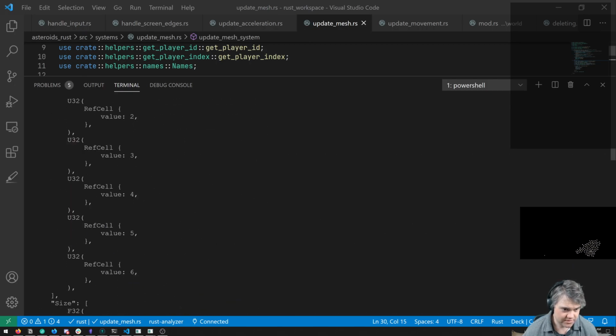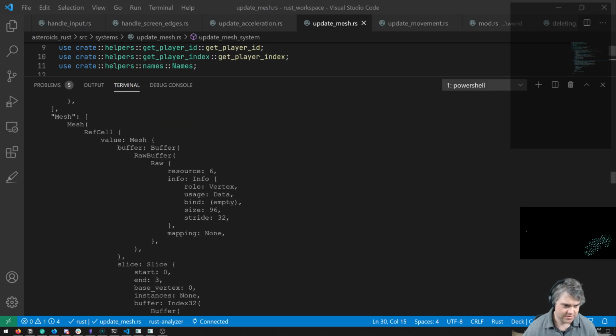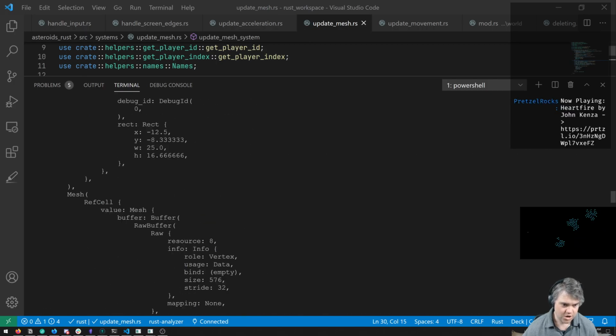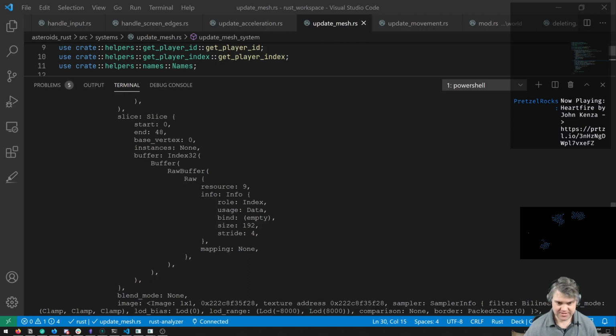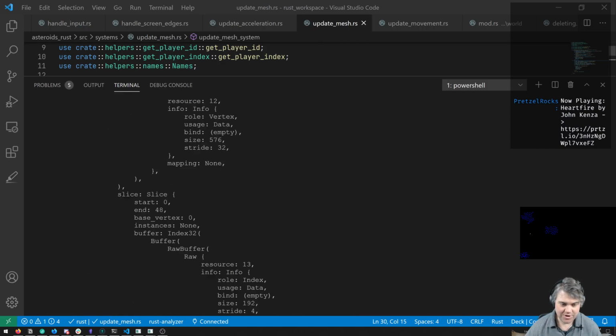Oh, that's fun. There's so many of these. Oh, because I've got all the mesh information. I'm seeing every little bit of mesh information from here, from all the asteroids.